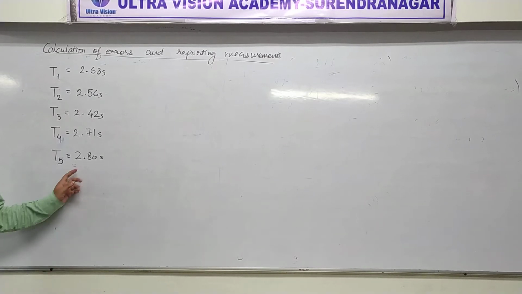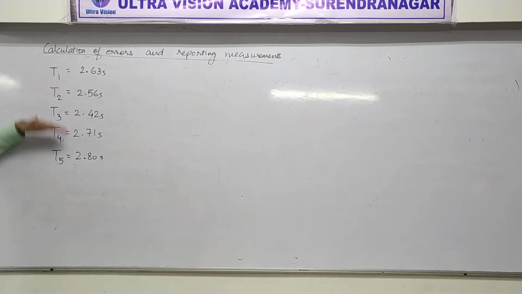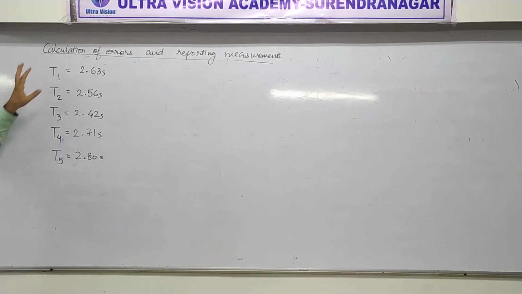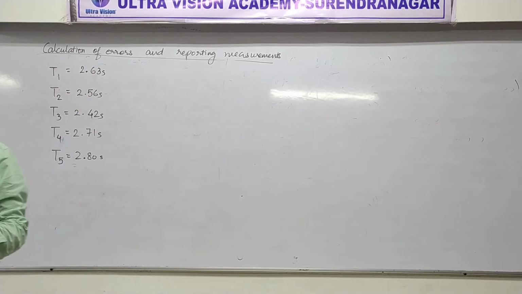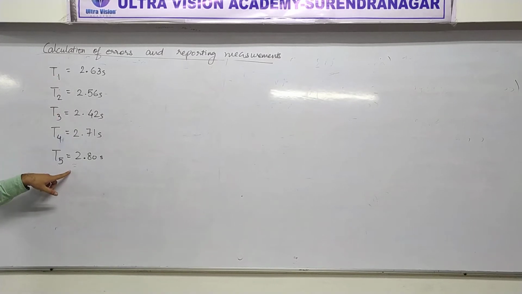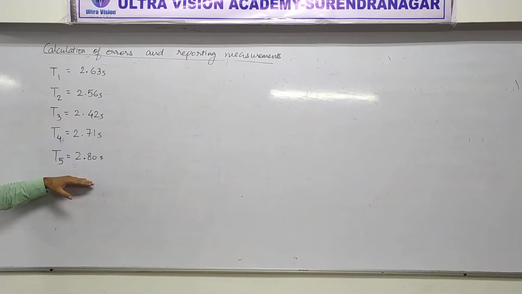Okay. What do we have to find? See, these are 5 measurements actually, right? Whether you call this example 10 or you call this theory, your choice, it's the same. These are 5 measurements of some time. Someone measured time. And if you remember, I've told you earlier that if you want to reduce errors, then you should do the experiment multiple times. So someone has done it 5 times and has got 5 measured values for some time, or time period. Is it fine?